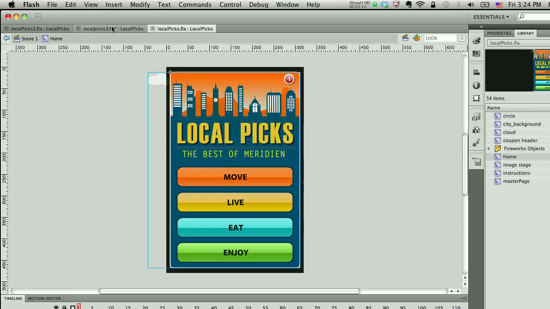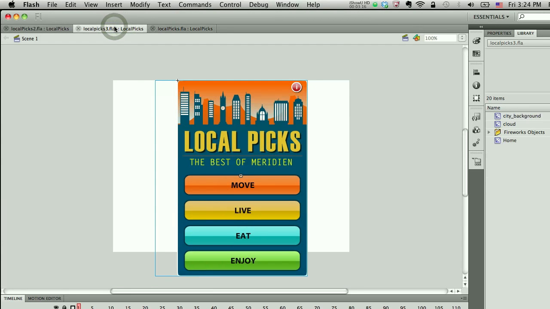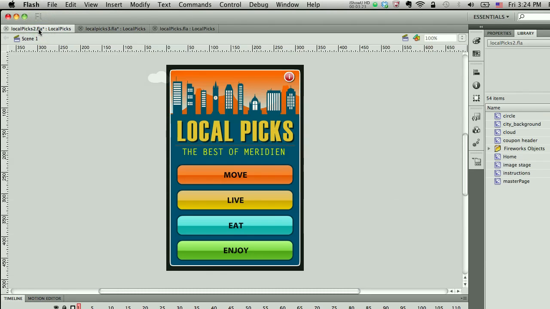But now notice when I go back to my local pics 3 file, I'm switching over. You notice the changes are now updated automatically. And if I go to my local pics 2 file, it updates it there as well. So as you can see, this feature allows me to work with an asset shared across multiple files, but when I make changes to it, it automatically updates it across all the different files that I decided to use it in within that project. Anyways, I hope that kind of gives you an idea of sort of what this feature is about,